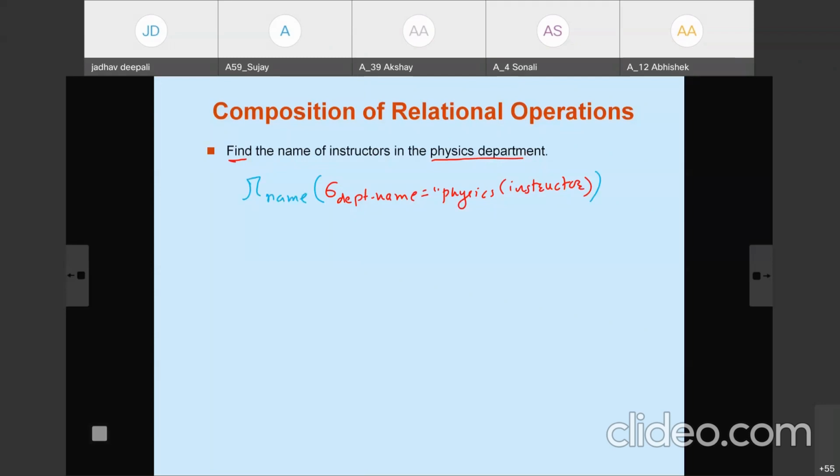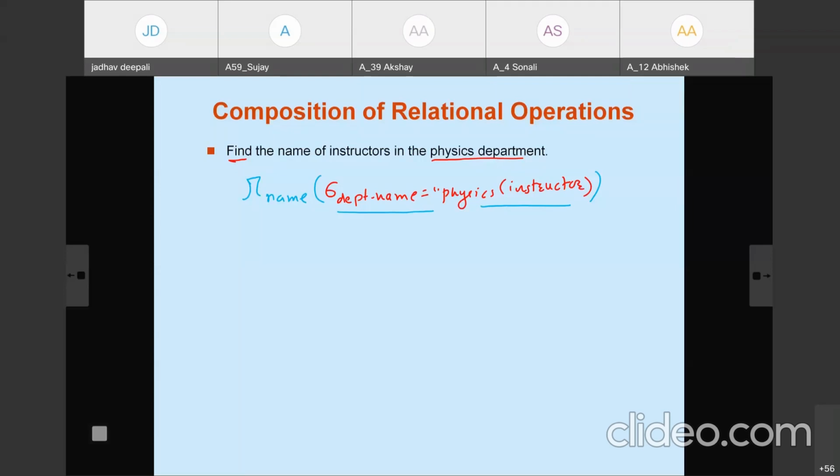See once again, here we need to combine two operations together. The query is that we have to find out the names of the instructors in the physics department. So the predicate given is that department name should be physics. First we write this query; we call it a subquery. Select department name is equal to physics from the instructor.